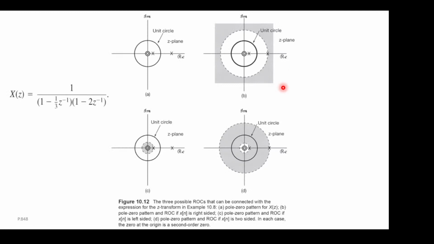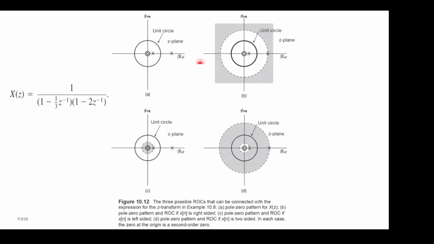We didn't multiply it out, but you can read the poles from here. There should be a pole at 1/3 and a pole at 2, because if z equals 1/3 or z equals 2, a factor in the denominator becomes 0. Also, if you multiply through by z, you get a 2z in the upper part, so you have a zero at 0. But anyway, the poles are at 1/3 and 2,